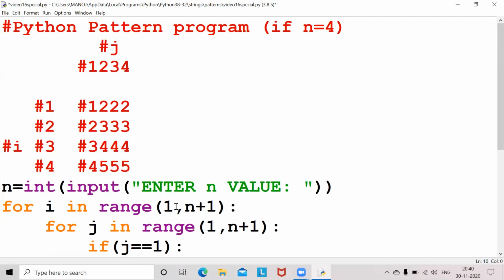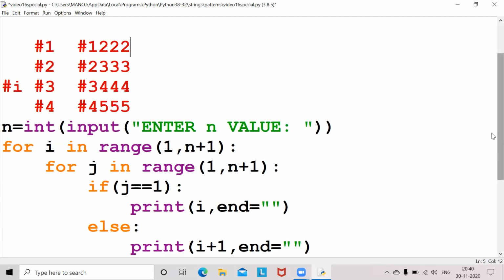Now i's value is 1 and j value is also 1. If j is equal to 1, yes, the condition is satisfied, so it will go here, print i. What is the value of i? 1. So 1 will be printed here in first row first column.